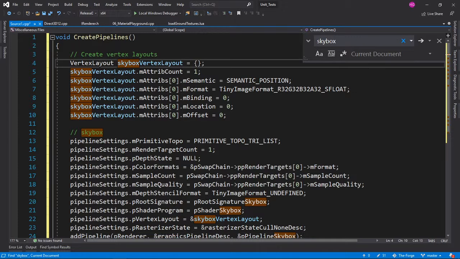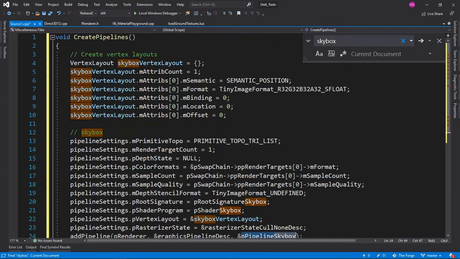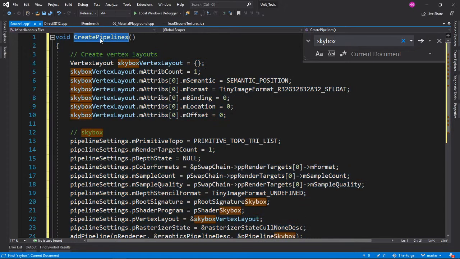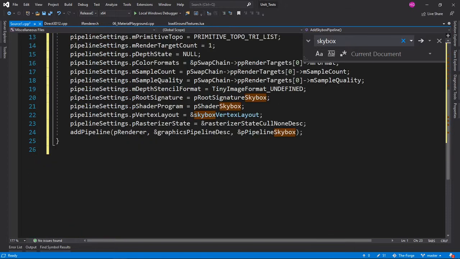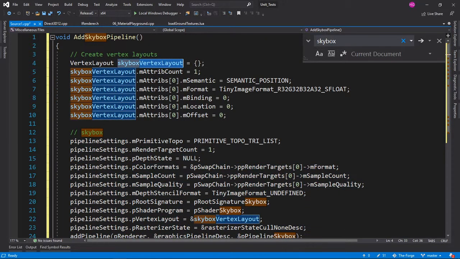So we're adding the pipeline for a Skybox here. So this is what this function does. This could be a simple function called add Skybox pipeline. So it tells me what it does. This is adding this Skybox. This is only for Skybox. And what it does is it